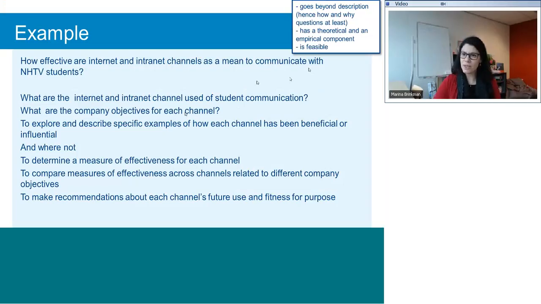And another item which I have here on the slide is the idea that very often our questions also have a so-called theoretical or empirical component. And what do I mean by this? I found the distinction between theoretical and empirical questions very useful myself when I was studying for my master's, especially if you have lots of sub-questions that you have formulated already for yourself. Some of you don't have so many sub-questions, but in case you do have a lot of sub-questions, then I think a very handy way to structure your work and how you give answers to those questions